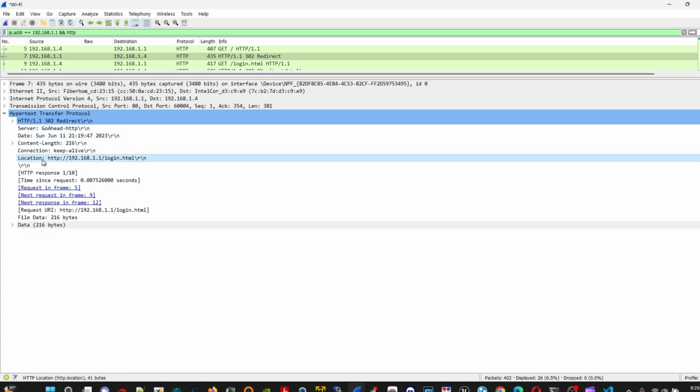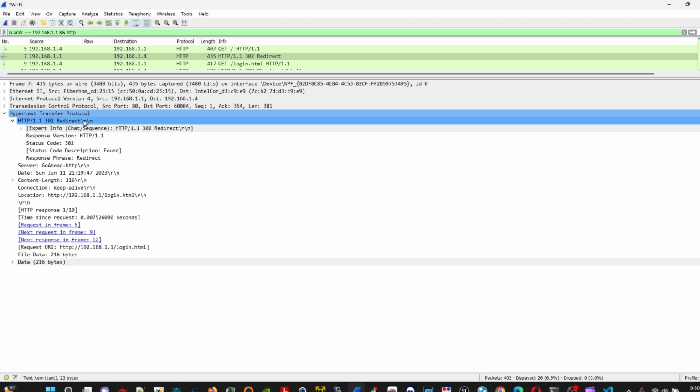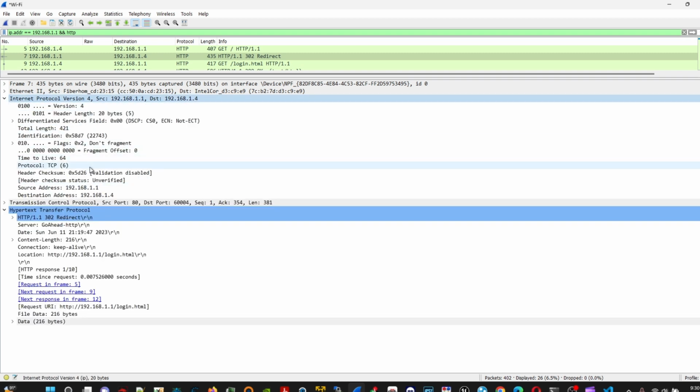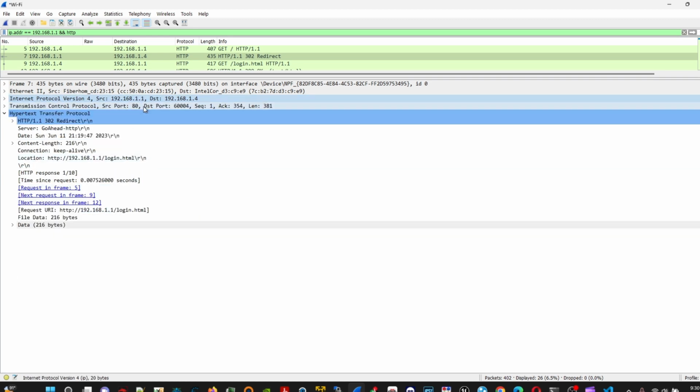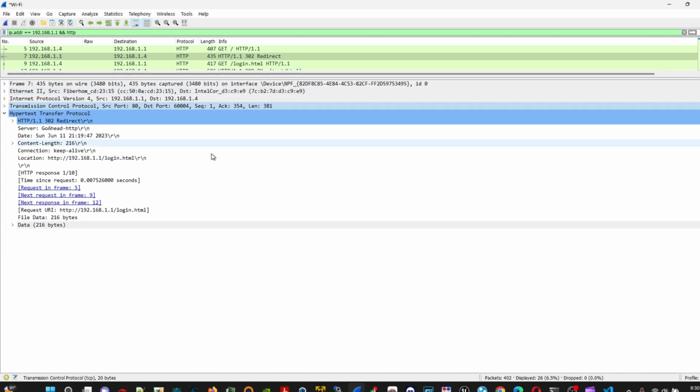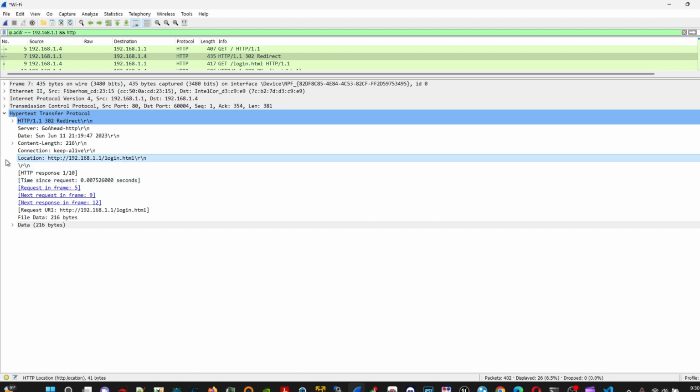And you can see here the location we will arrive at from the redirect request, which takes us from the IP address number 4 here, and then it also gets interconnected with the TCP payload, which we get from the gateway to us, to the location we will get